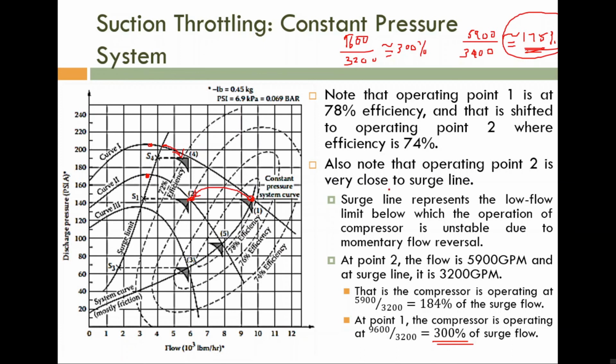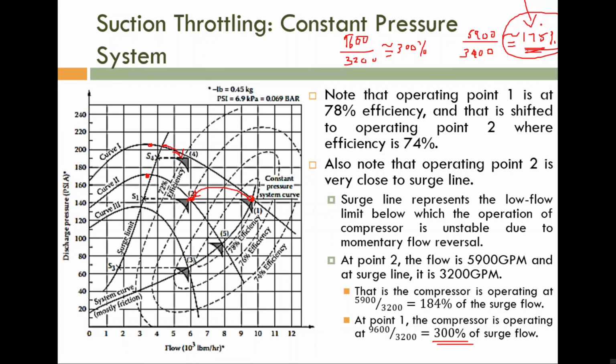So we have to compare how much, what is the decrease in relative stability if it is a constant pressure case and if it is a mostly friction case. That we have to know. Okay, so please note this value. This is 175 percentage. That one is the relative stability.